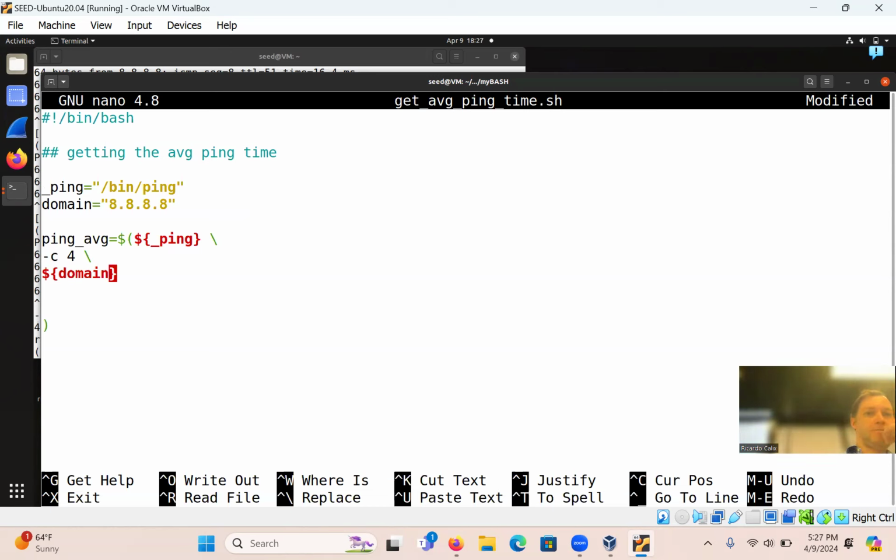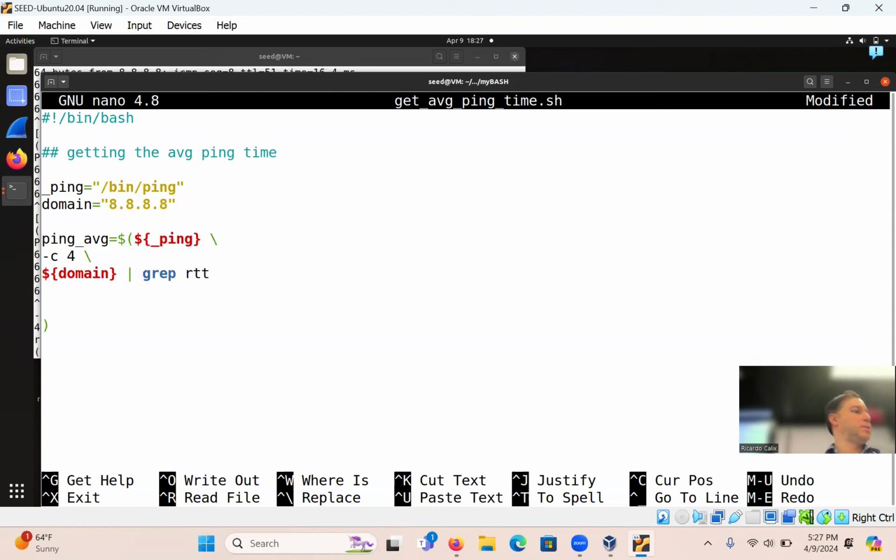What else do we need? The output of this needs to be piped into what? Grep. And which one do we grab? The RTT one for now, right? And then we can awk it, maybe.